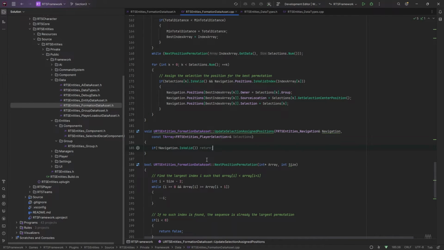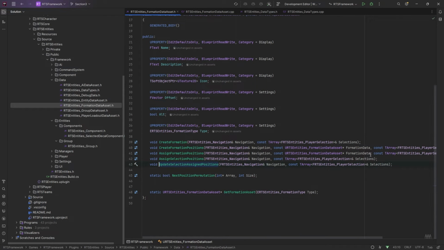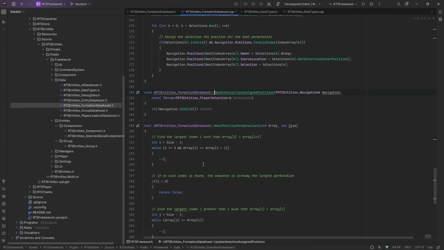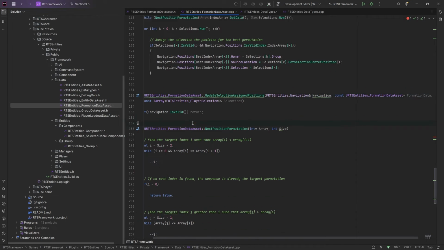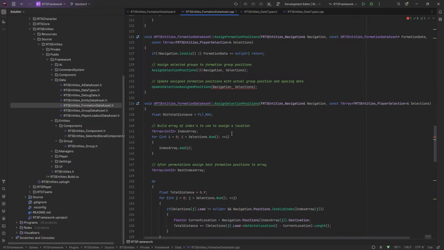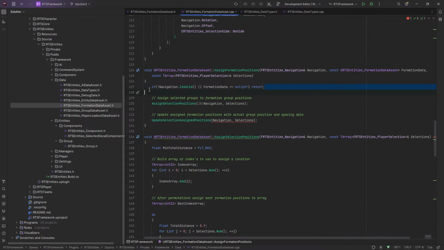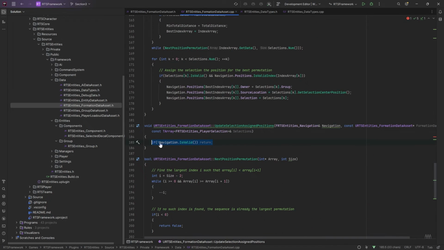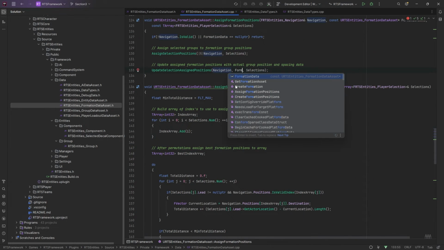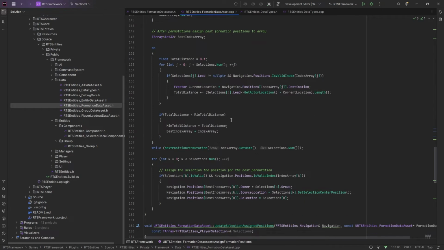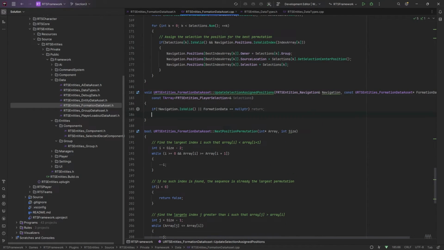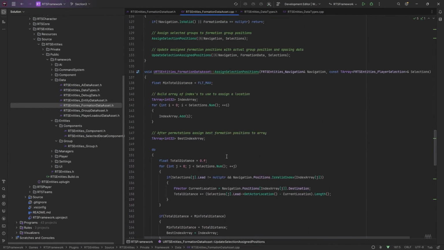Actually, I think we will need the formation data on this one as well, sorry. That's the same as this one. And that will be the same, because we're recalculating the formation essentially. And now we can copy